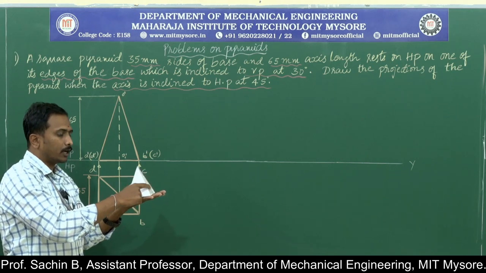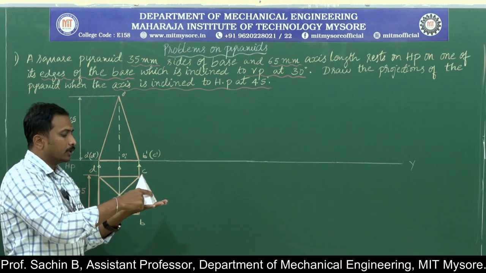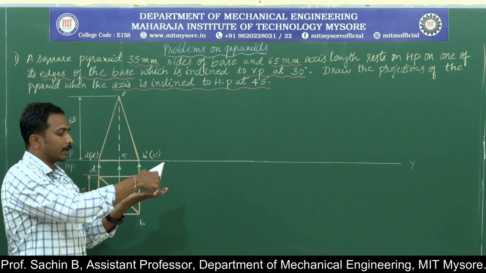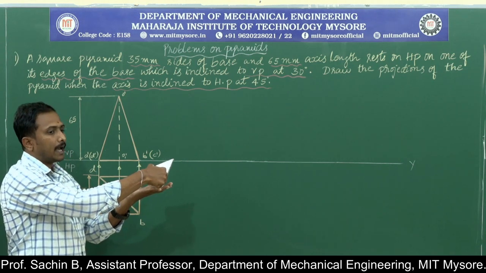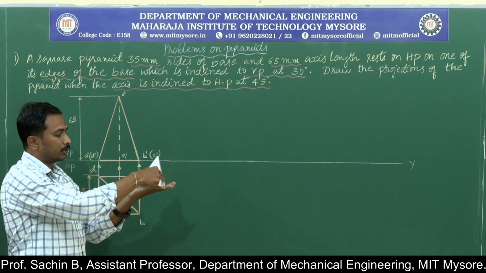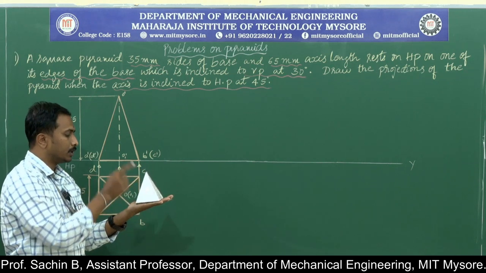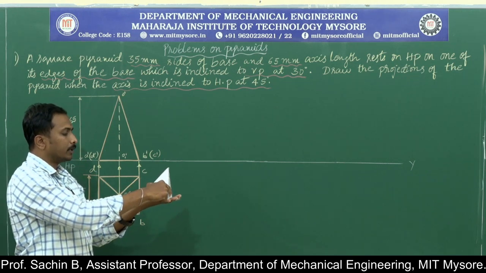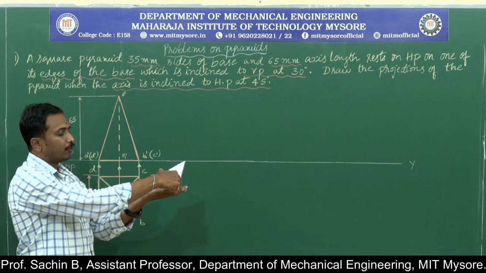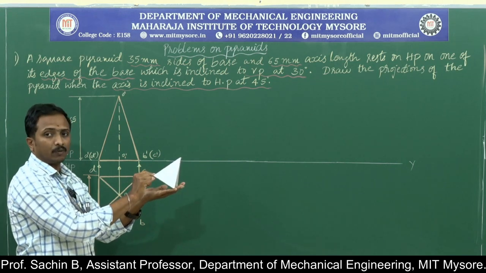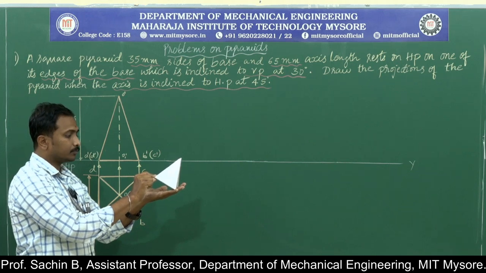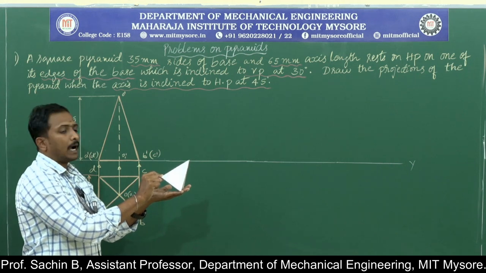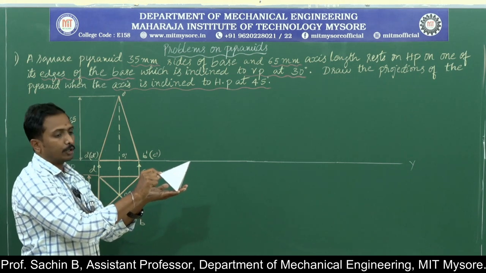It is resting on one of its edges of the base on HP. Next condition, I am going to tilt this object to a certain angle, that is nothing but by considering the axis inclination as 45 degree. The first position, I kept the object like this. I have written the top and front view of the object. In the second condition, I will go for tilting the object by considering the axis angle as 45 degree. By considering the axis angle as 45 degree, the next thing will be, I need to go for writing the top view and front view of this square pyramid, how it is going to look.